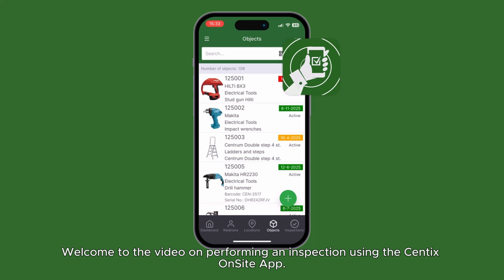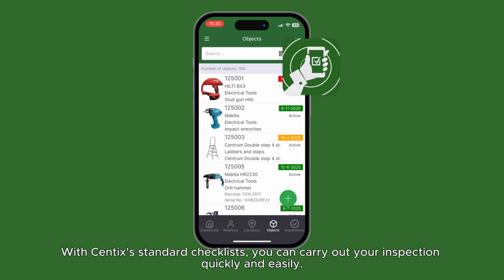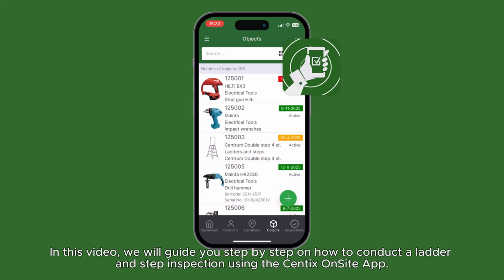Welcome to the video on performing an inspection using the Centix OnSite app. With Centix's standard checklists, you can carry out your inspection quickly and easily. In this video, we will guide you step by step on how to conduct a ladder and step inspection using